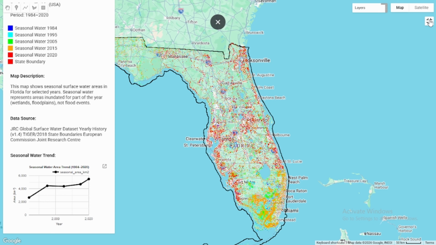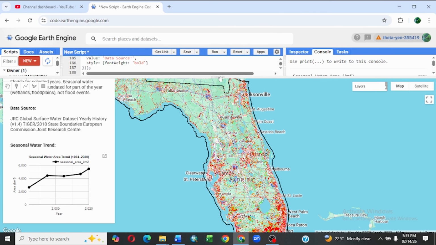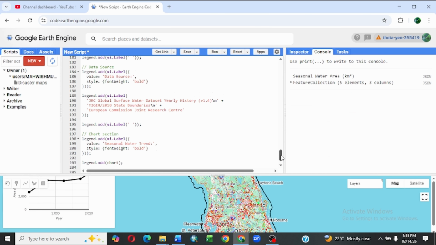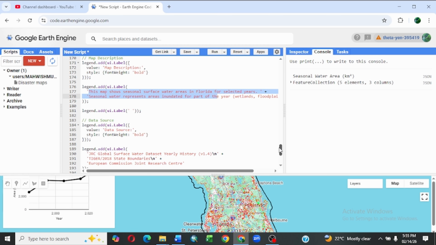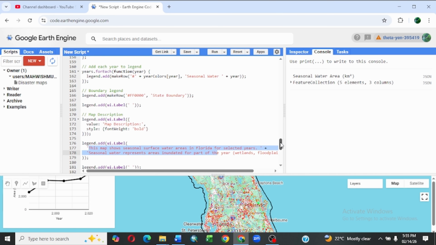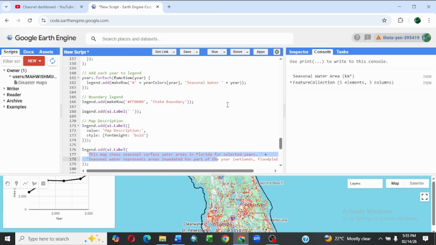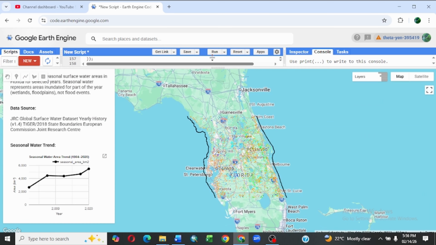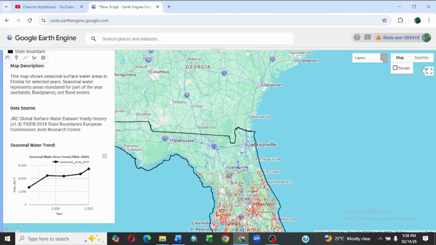Here is wrong. Let me change the boundary color in the legend. State boundary is black, right? Black. Okay, here we go.